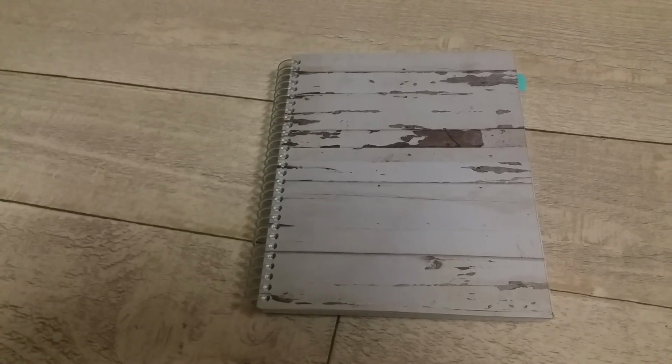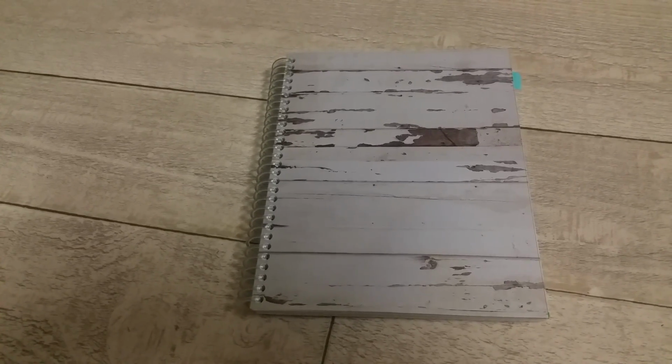So we'll just have a look at a few of the features, and then I'll show you a paper comparison just to see how different pens go, because I know that's something that a lot of people like to look at when they are purchasing a notebook. Okay, so